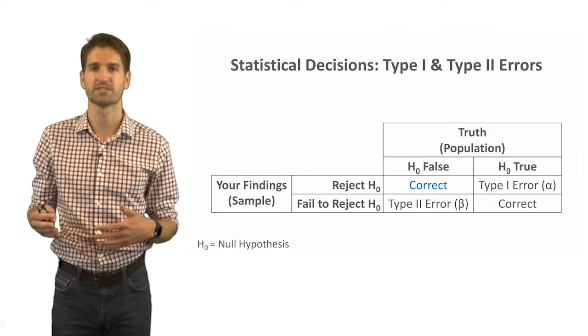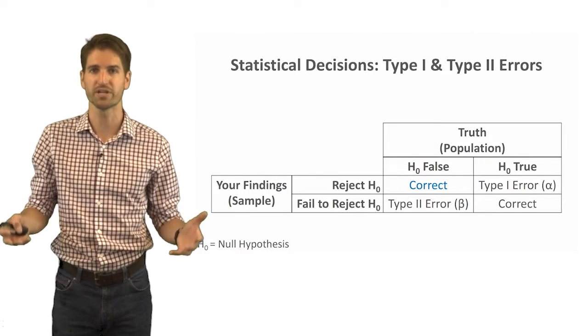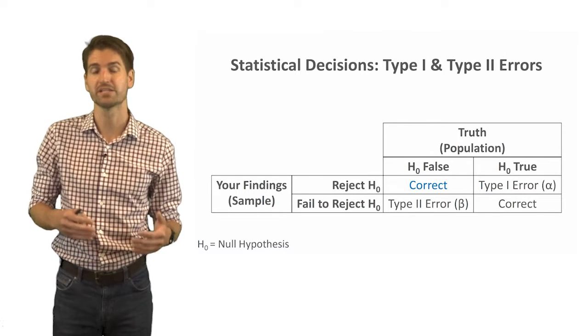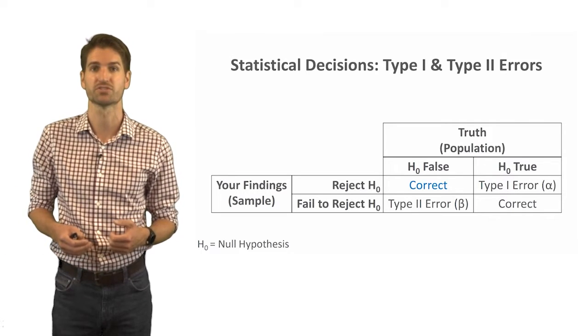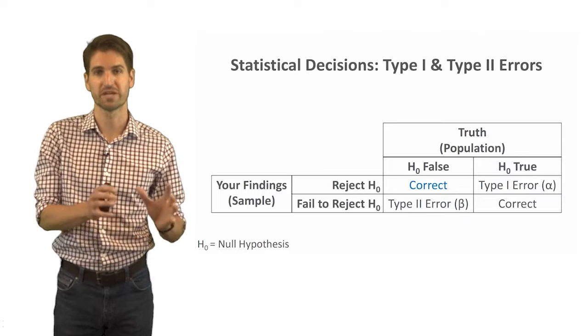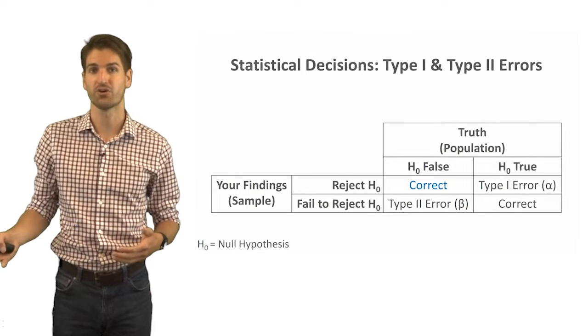And what that implies is that there is some difference or association between the two variables, or more variables, that we're interested in. And in our sample, we actually correctly rejected the null hypothesis, implying that the null hypothesis is false. So in other words, we found in our own statistical analysis based on our sample that we needed to reject the null hypothesis